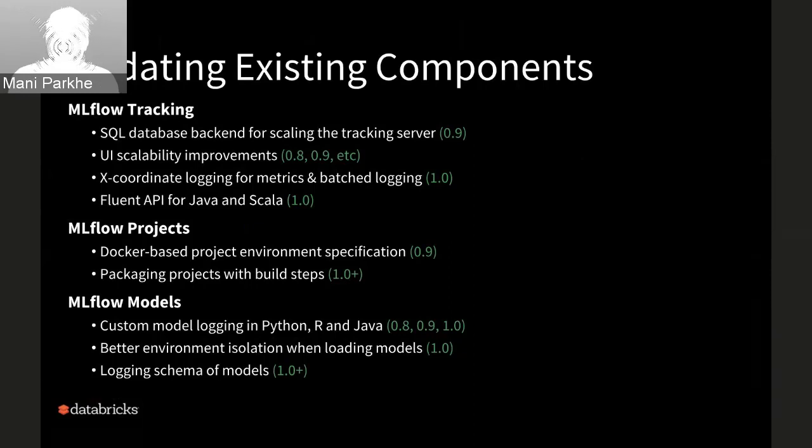For projects, we talked about Conda being used to reproduce your runs. There has been a lot of ask for Docker-based project environments. And finally, I want to mention that for MLflow models, a lot of requests came around wanting to use a model, save it, and then inject some custom code. It could be querying from a feature store, or transforming features a little bit. So custom logging and custom code is something that is being worked on actively, and we'll start releasing it in 0.9 and 1.0. These are some of the things on the roadmap for the next few releases.